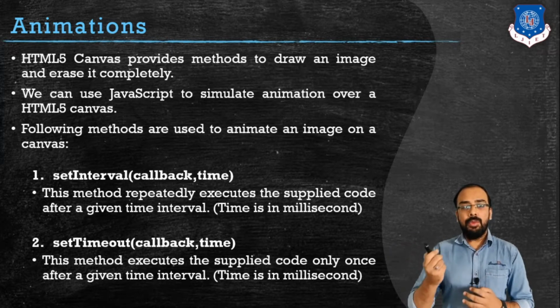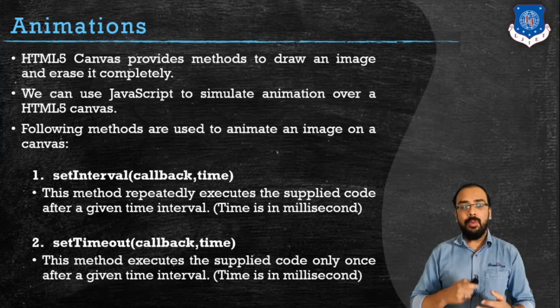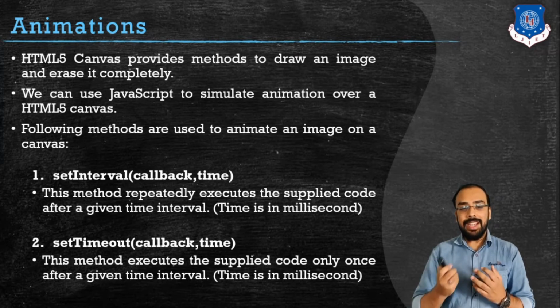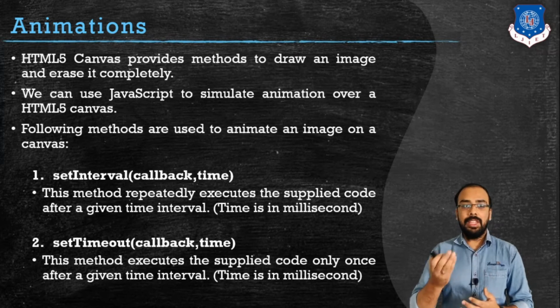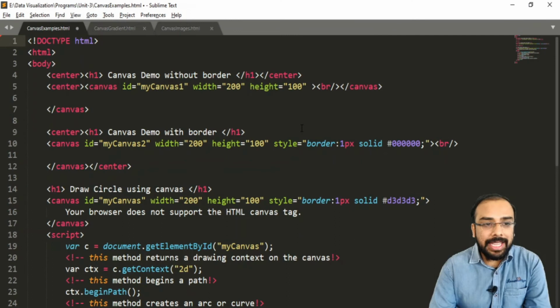Now let us jump to the programming and see how we can create HTML5 canvases, how we can add animations, and observe different types of animations and different elements that we can use with the help of the canvas tag. Let us work with canvas. First we will see how we can create a canvas in HTML, and how we can create different shapes inside the canvas.